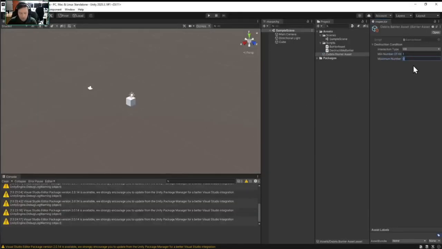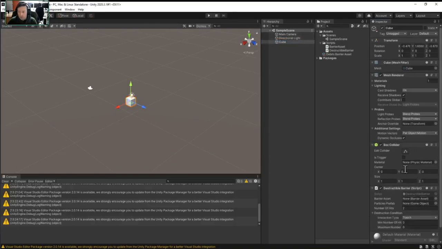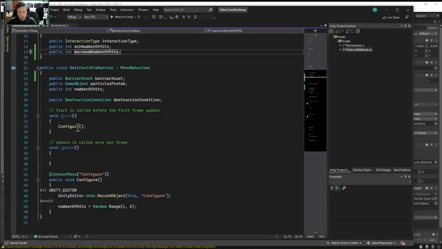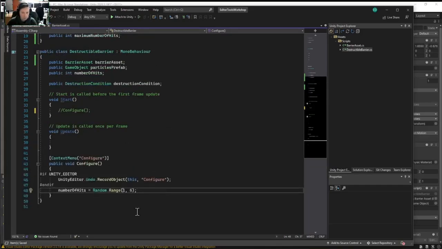So let's say debris takes 1 to 5. And then now we can drop this asset into that slot here. And so our barrier in the scene has that reference. And so we can do something like this in our configure function. Take that out, sorry. We're going to set the minimum and maximum, not with these hard-coded values, but from the values from the barrier asset. So